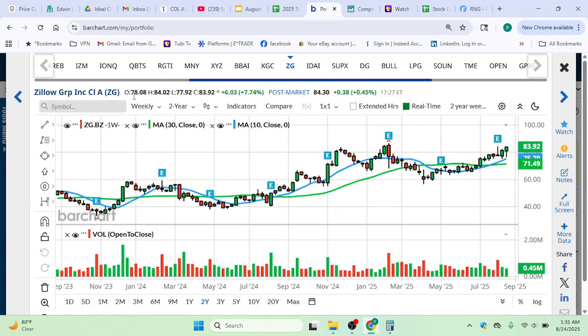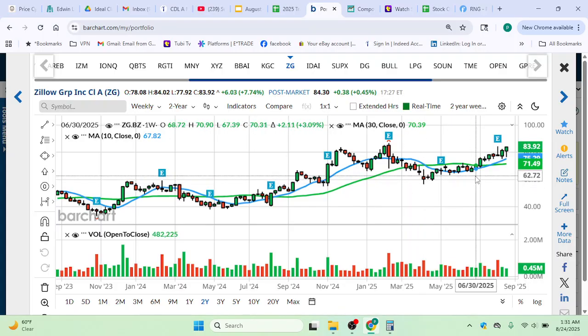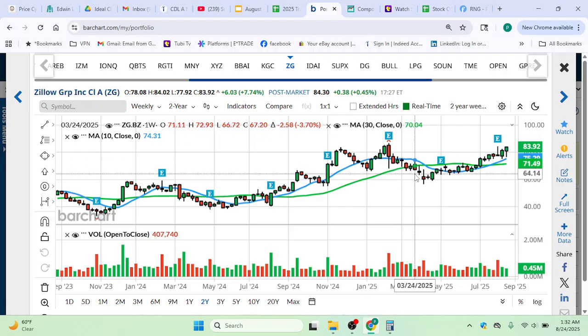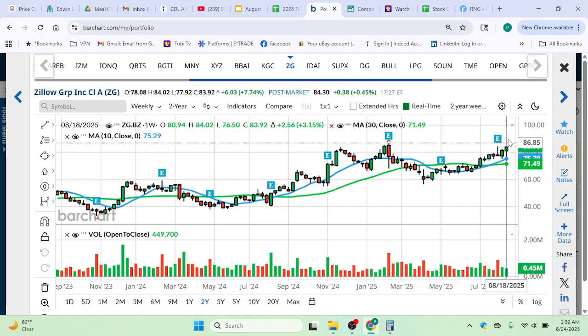Home builders have been another area recently that has been starting to move up. So I decided to get involved in, I don't know if it's still the largest real estate website in the world, but it's very large, Zillow Group. You can see it has this nice big curve up, starting to get up near its highs. I've got an early entry in here in this area. If that could get over its highs, stocks, just like indexes, making new highs. When stocks start making new highs, there's little to no resistance for them to go higher. So I like Zillow Group here.